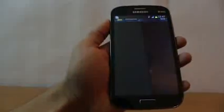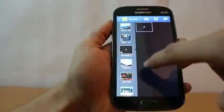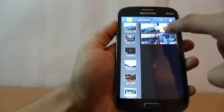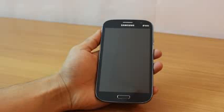Now they've changed the gallery experience in the Galaxy Grand with the 4.1.2 Android. It's not exactly the same as the Note 2 and the S3. There are a few things that are still missing, but even then, organizing photos, selecting them, dragging and dropping them into a different folder, very easy and a lot of fun. So that's it about the Galaxy Grand, and there are going to be more